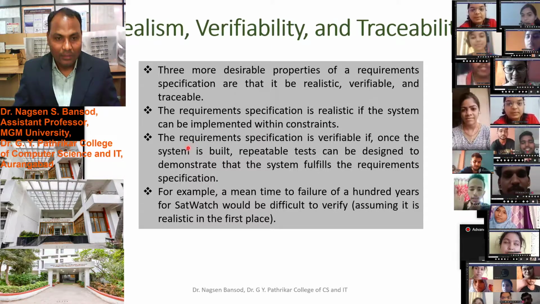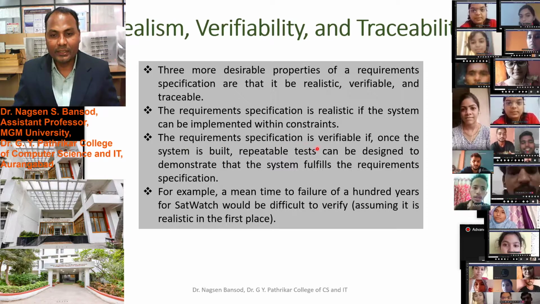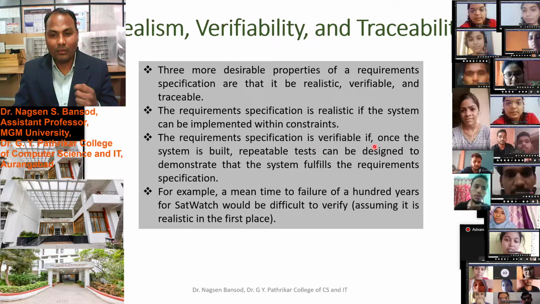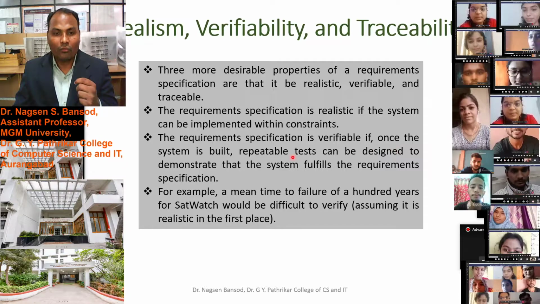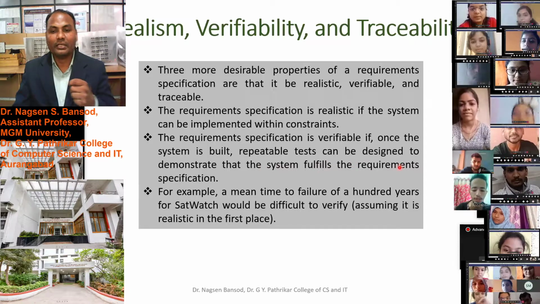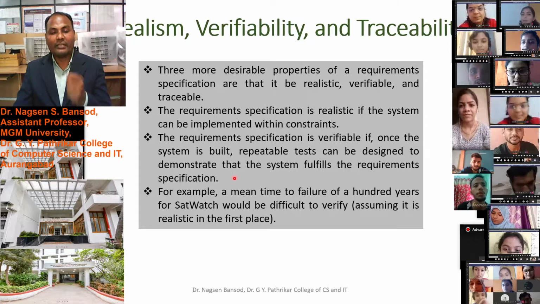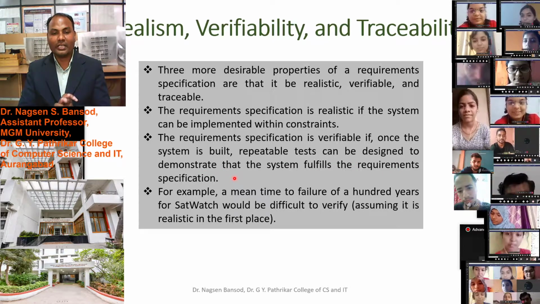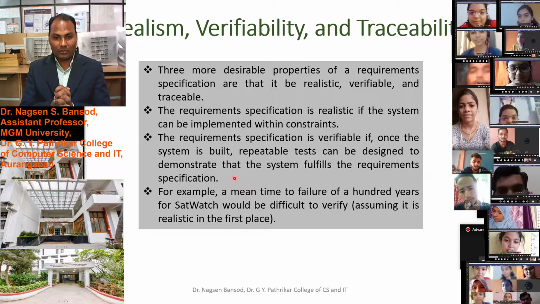Yes, sir. The requirement specification is verifiable if, once the system is built, a repeatable test can be designed to demonstrate that the system fulfills the requirement specification.